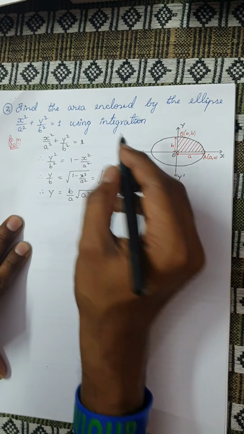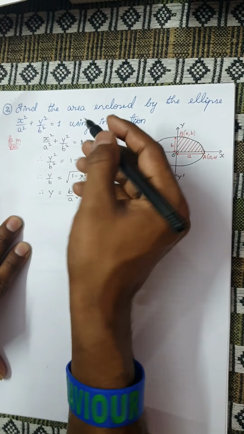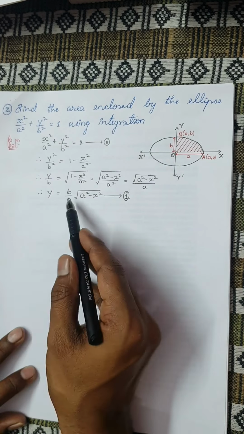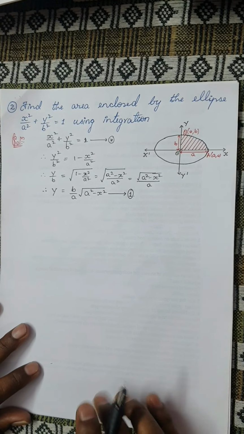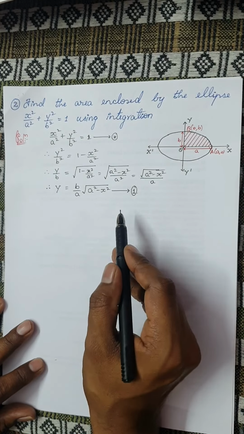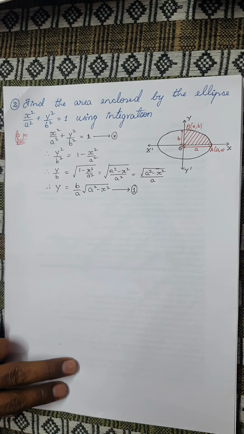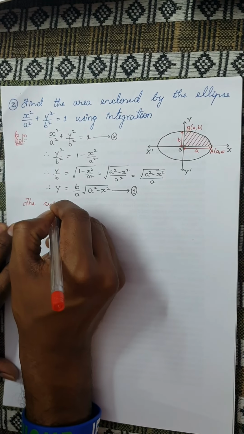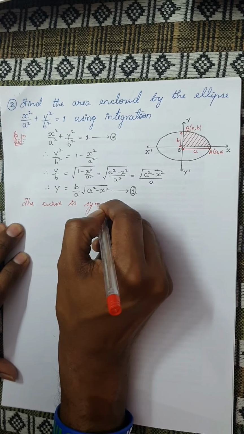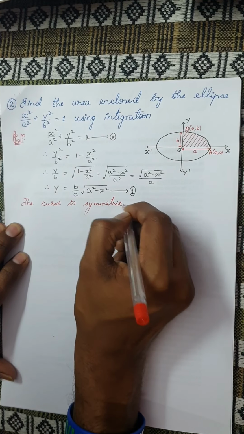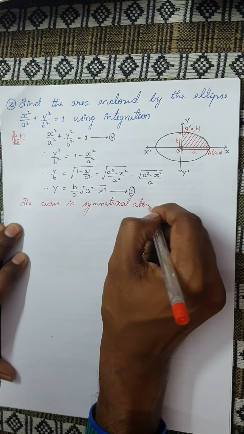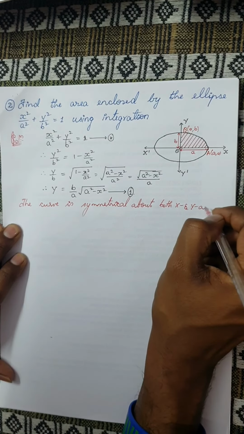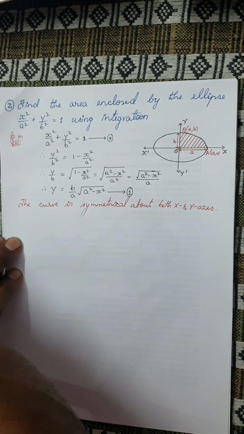So if you want, you can consider the original equation as equation star, and this is my required equation, y is equal to b by a into root of a square minus x square, because I am going to consider the curve in this way. So I'm going to write the note as follows, as I did in the previous case. The curve is symmetrical about both the axes, both the x and y axis. Therefore